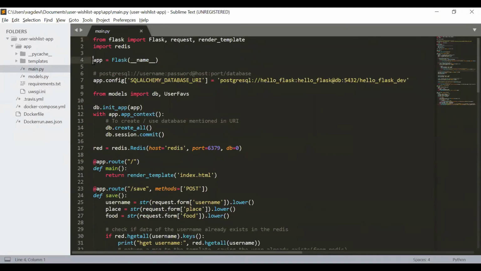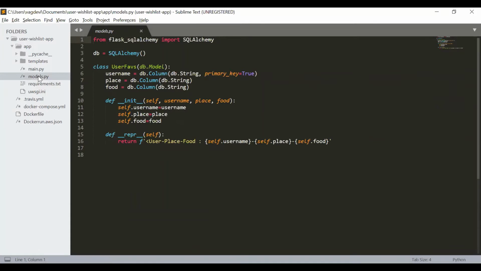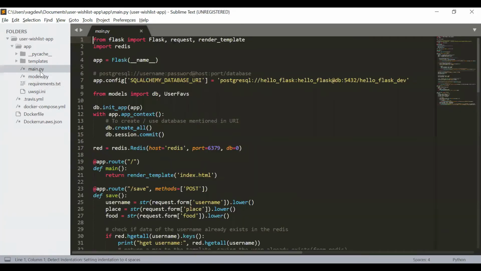right? For that, we have initiated the Flask instance and connected the Flask instance to the database. We have used a PostgreSQL database previously, and the models of the tables are defined in models.py, and we initialized a DB here, which is a SQLAlchemy object, and we imported models.py and this DB instance in main.py. Okay, and we wanted to connect our Flask app to that database by using this particular line,